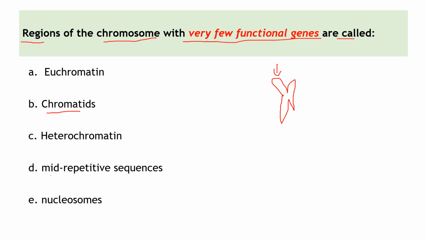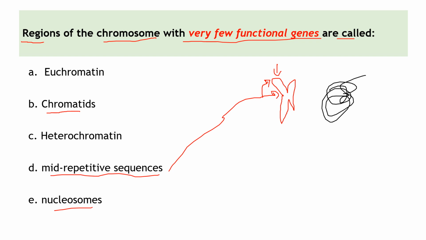We have talked that mid-repetitive sequences are sequences that are located, for example, in the centromere or the telomeres of the chromosomes, but this is not considered a region, yeah. And a nucleosome, so we know that the DNA is not tangled like this, yeah, it needs to properly be wrapped. So we're going to talk about these structures that the DNA wraps around,